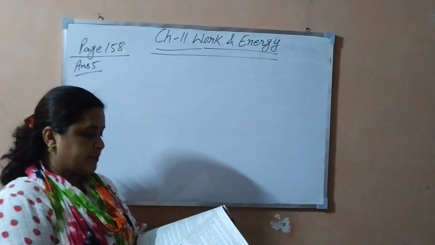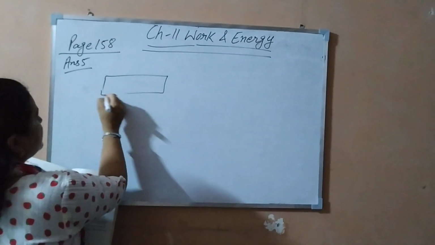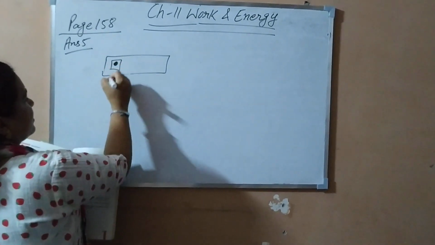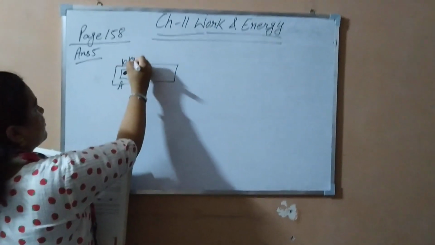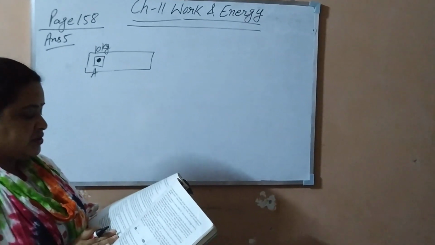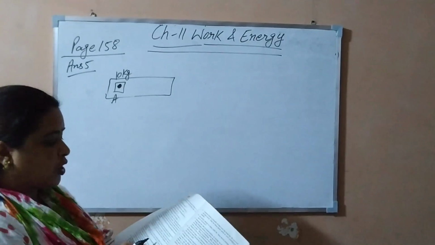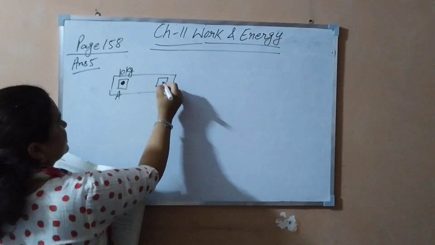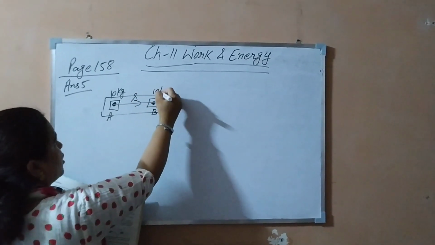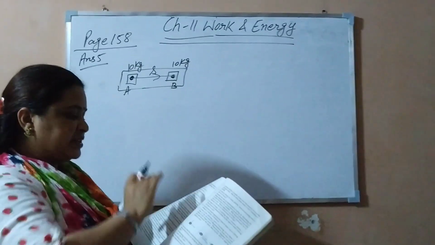A mass of 10 kilogram is at a point A on the top of a table. This object, whose mass is given as 10 kilogram, is moved to a point B. The line joining A and B is horizontal. Let us take this as point B. So it is moved horizontally, and this is the displacement. The same body is moved from point A to point B, and this is the displacement in the horizontal line.